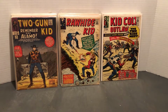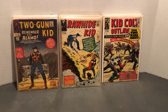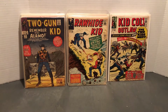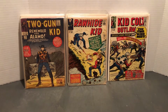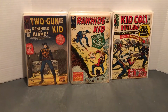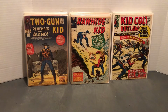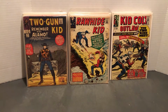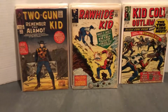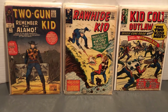We're going to look at some Silver Age comics, and instead of the heroes, we're going to look at just these three covers and talk about them. This is the Western heroes, the kids: the Two-Gun Kid, Rawhide Kid, and Kid Colt Outlaw. And I believe Rawhide Kid met Hawkeye in some kind of time future thing with the Avengers. They have a selection of some of these that I liked, some of the covers, or if there were crossovers,